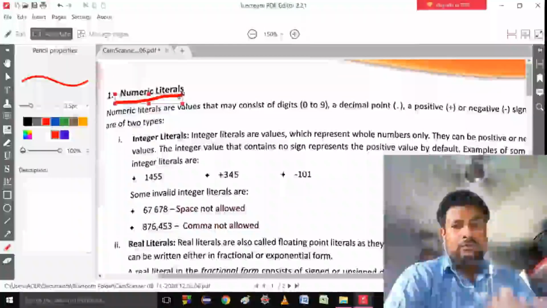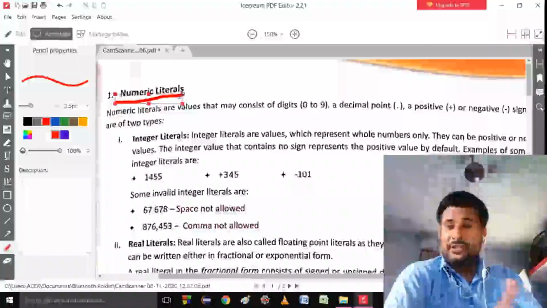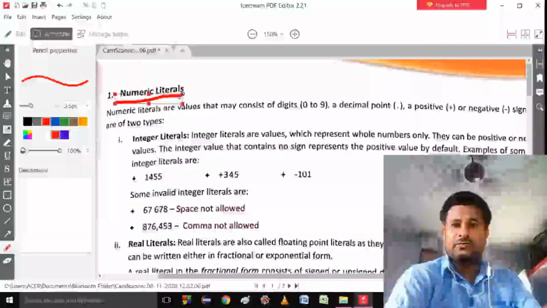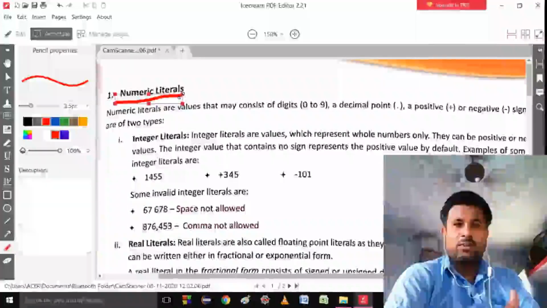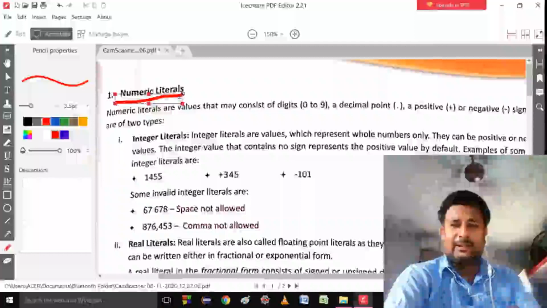How many types of values can there be in Java? There are many types, like numeric literals, non-numeric literals, boolean literals, and null literals. Let me talk about numeric literals first.